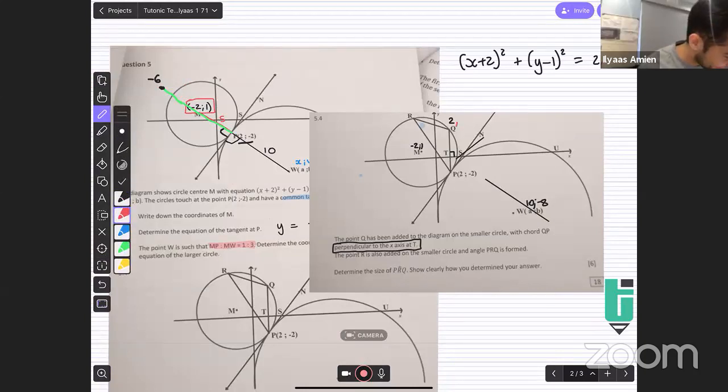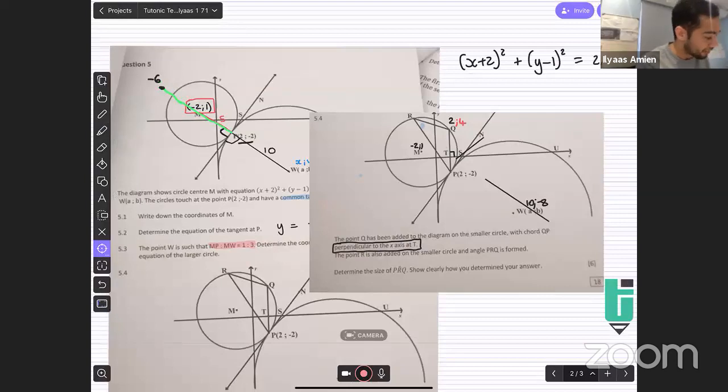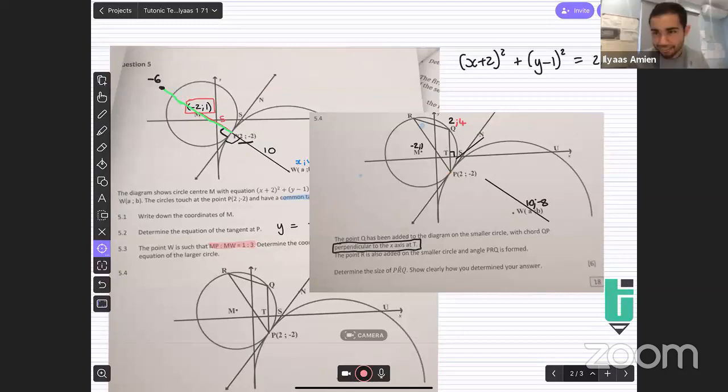Just 1 minute. I got 4 and -2. Yeah. Okay, so yeah. Do you understand why you got -2? Yep, because it's P's y coordinate. Yeah, so it makes sense. So now you know you got it right. Okay. Then they also tell me that